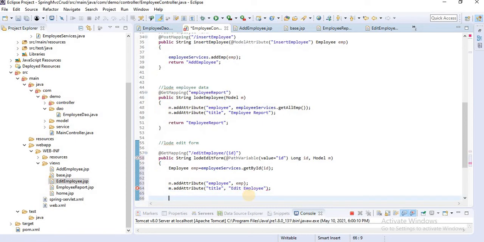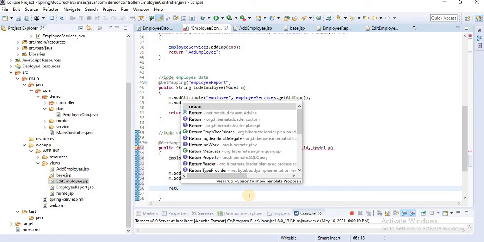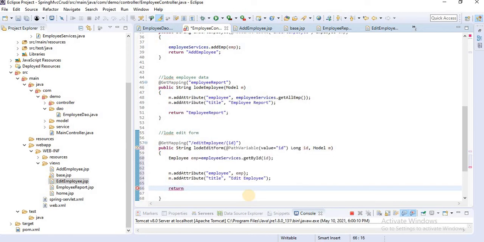Okay, then we return the page. Then we give the return page name. Here our page name is edit employee. You can see our JSP page name is edit employee. Let's give that name here, edit employee, and save.